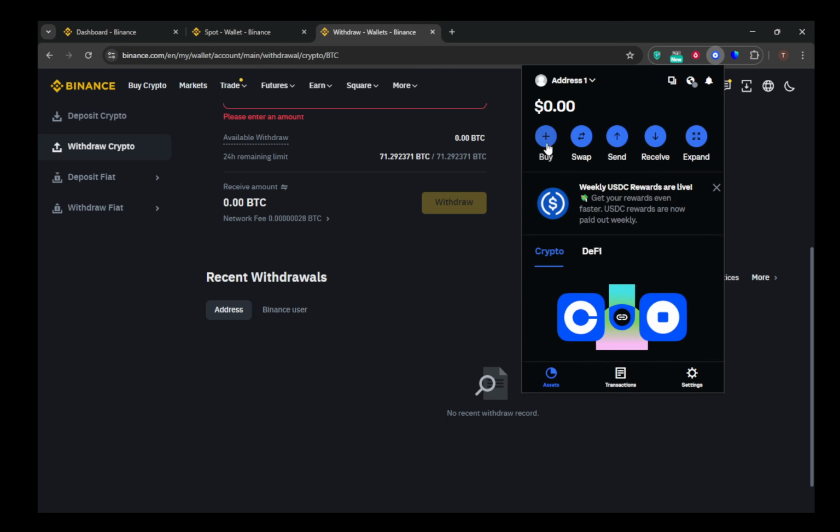Finally, head back to Coinbase. As soon as the transaction receives enough confirmations, your crypto will appear in your Coinbase wallet, reflected in your asset balance. And Coinbase might even